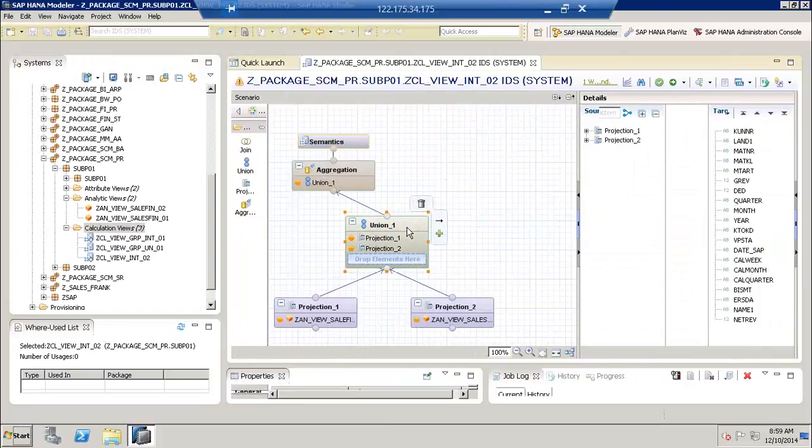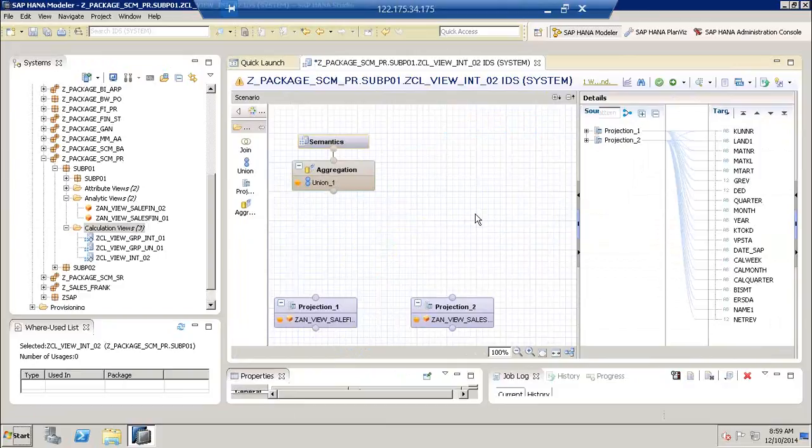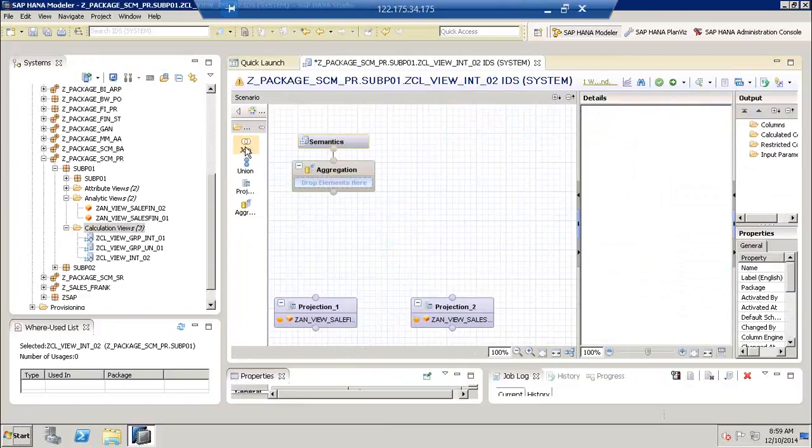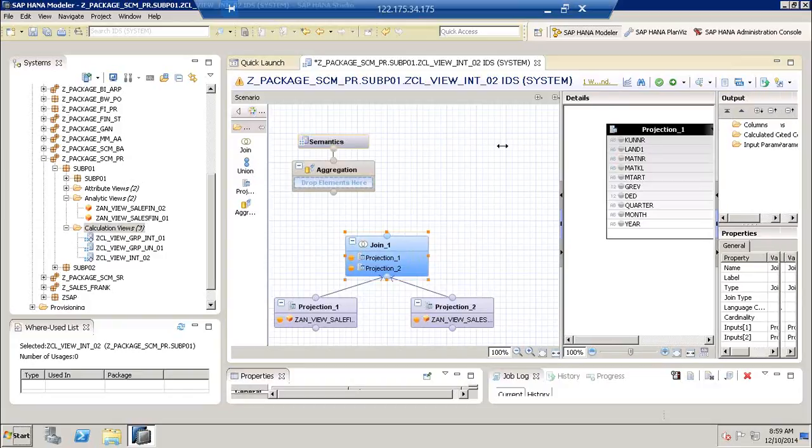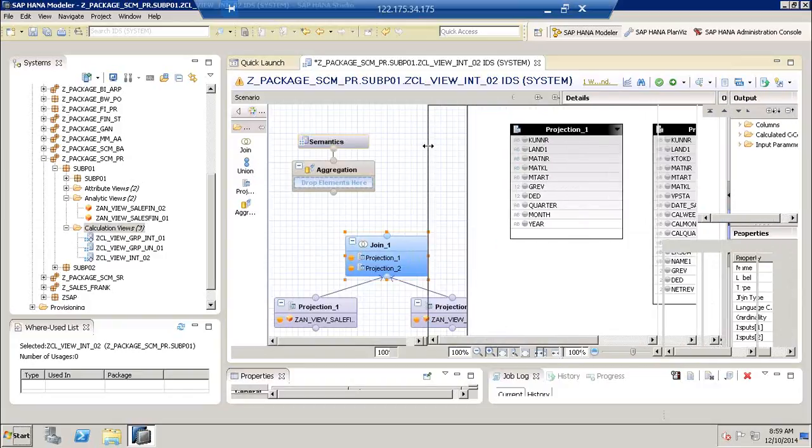So you're going to delete the union here, union 1, hit on delete, confirm yes, and delete the union. And instead of the union, we're going to bring here the join, click in the center. You can also align. So the join is an intersection join, which will only give us the matching fields. So let's see how it is built. Drag and drop. And here, once you click on the join, you'll be able to see those two provider projections,